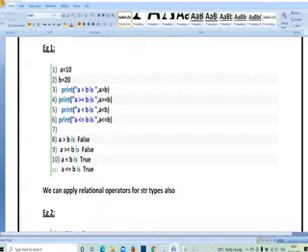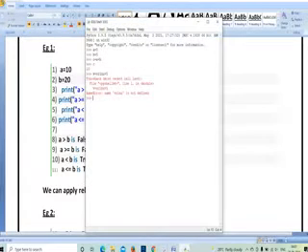like that. So now let us see with a simple example. After that we will come back to this example. A is equal to 6, b is equal to 7, c. a greater than b is false.